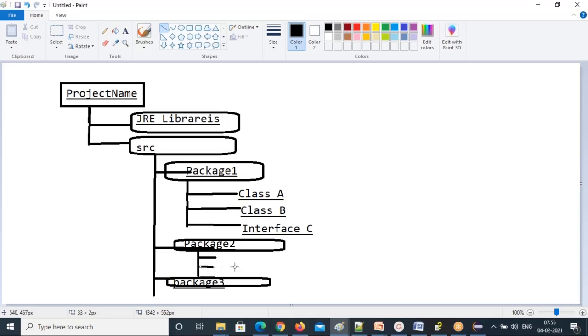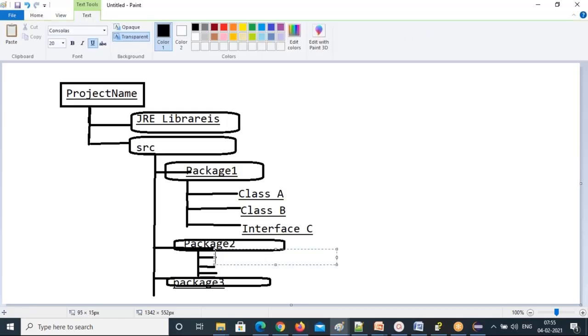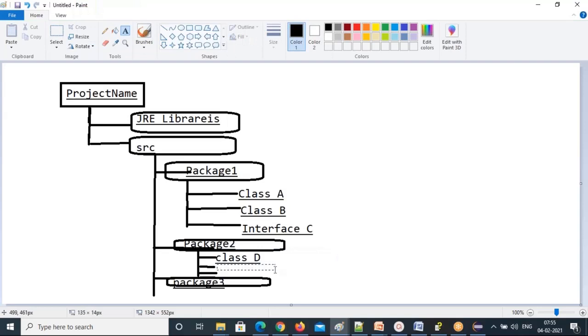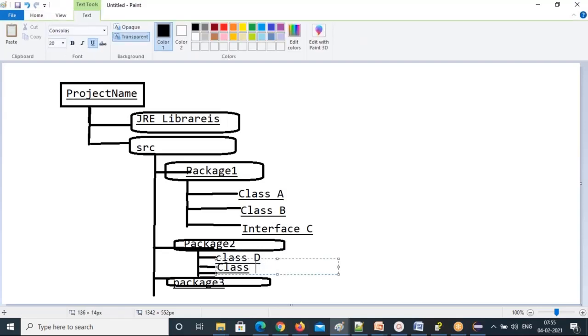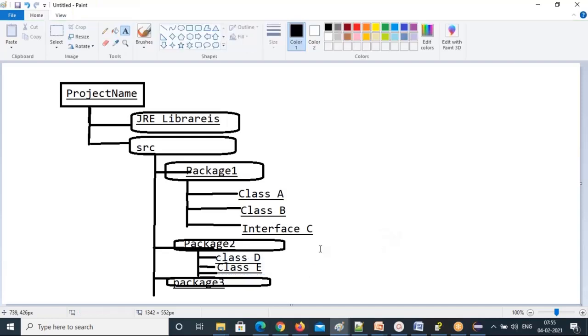Under one package you can create n number of classes, interfaces and sub packages. And this is class D, and next one class E. Like that you can create n number of classes and many things under each package.